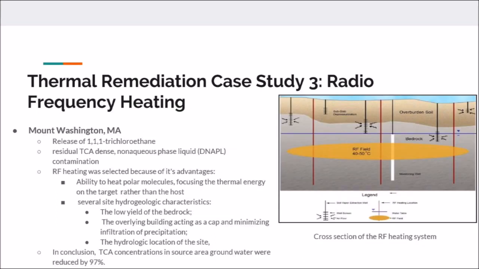For case study 3, this is an example of radio frequency heating. This site took place at Mount Washington, Massachusetts. A release of 1,1,1-trichloroethane occurred at an active manufacturing facility. Residual TCA dense non-aqueous phase liquid, or DNAPL, contamination was identified in an approximate 232 square meter source area at concentrations between 410 to 100,000 milligrams per liter. After evaluating several in situ treatment technologies, an integrated radio frequency heating and soil vapor extraction